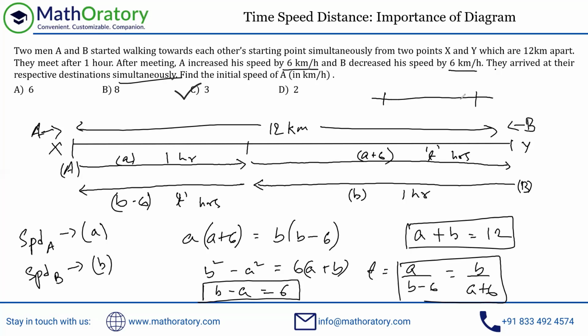So I'm imagining it this way. Suppose on the number line, this is a and this is b. If I increase this by 6 and I reduce this by 6, it is possible that a and b can switch over. The reason being these two are equal. So the 6 and 6 is equal. That is the idea I utilized. If that doesn't hit you, you can solve this in this manner as well. That's my input for this particular question, everything that I had to add. I hope everything was understood, and thanks for joining in.